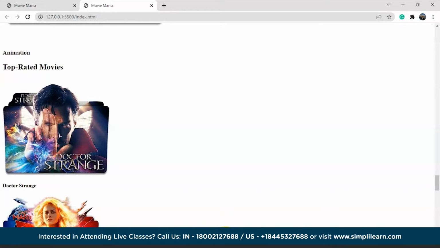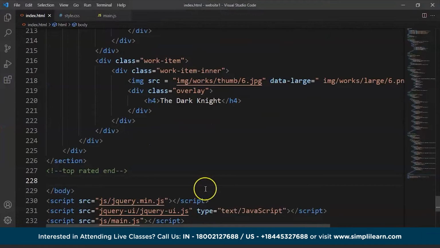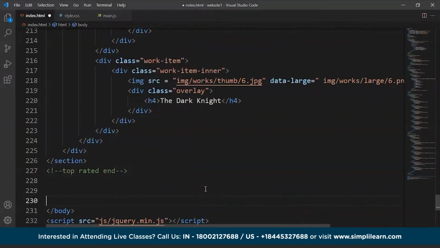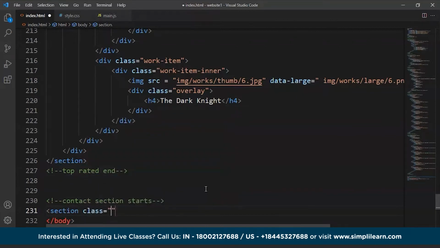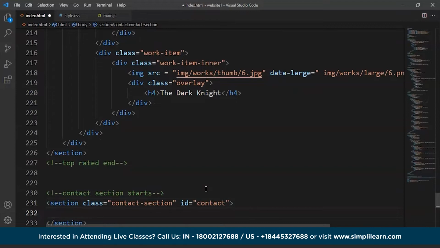Let's move ahead and we'll write the code for contact us section. So we'll mention it over here. We'll write here contact section starts, and now we'll start writing code for contact section. So the first few things will remain the same. We'll write here section. Now inside section we'll mention class is contact section. Now the ID is going to be contact,